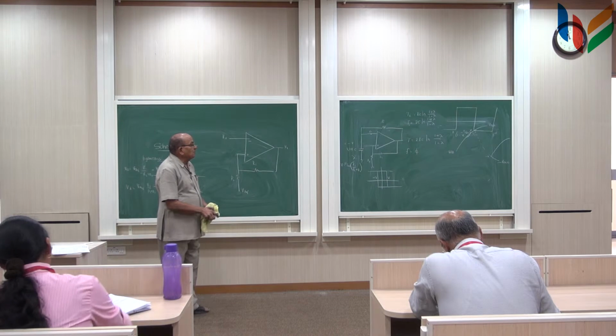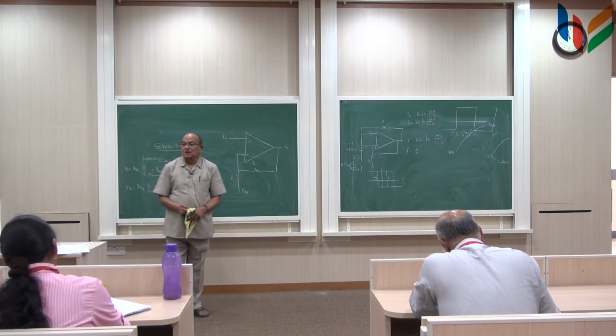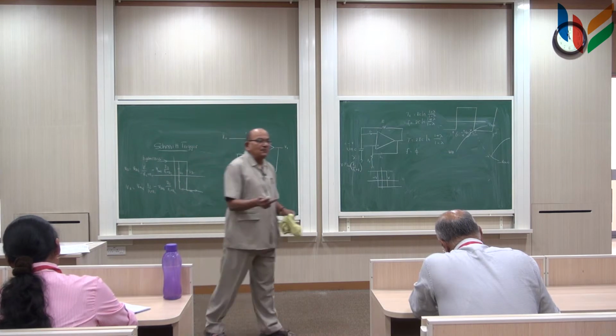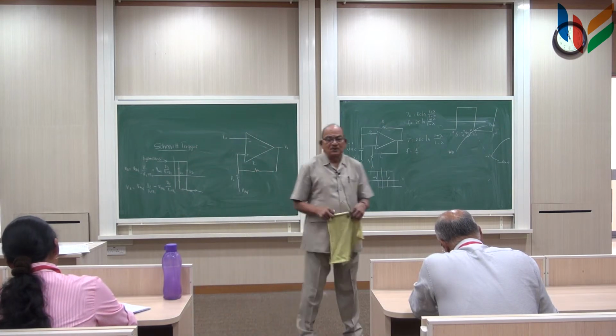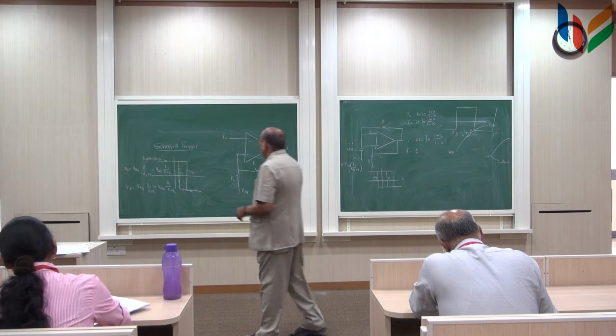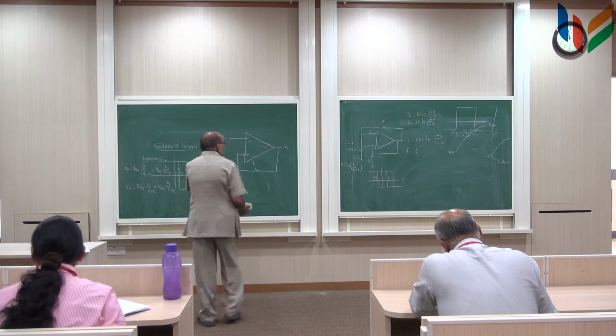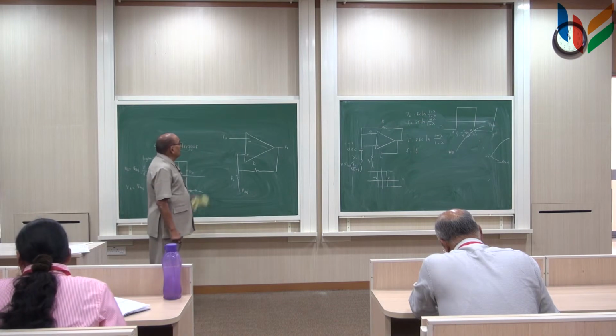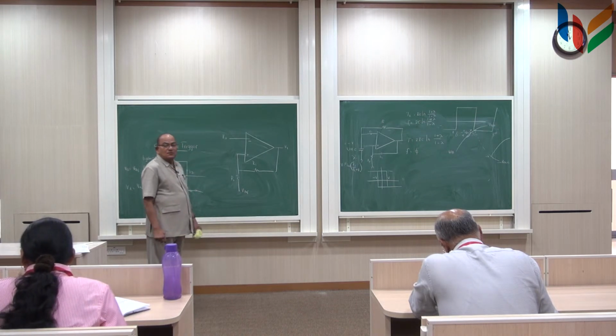So this is a much better pulse generator or square wave generator compared to clipping the sine wave as we did in the last class using a comparator. And in terms of the cost, this is almost the same, so it does not matter. So this is the greatest advantage of the Schmitt trigger